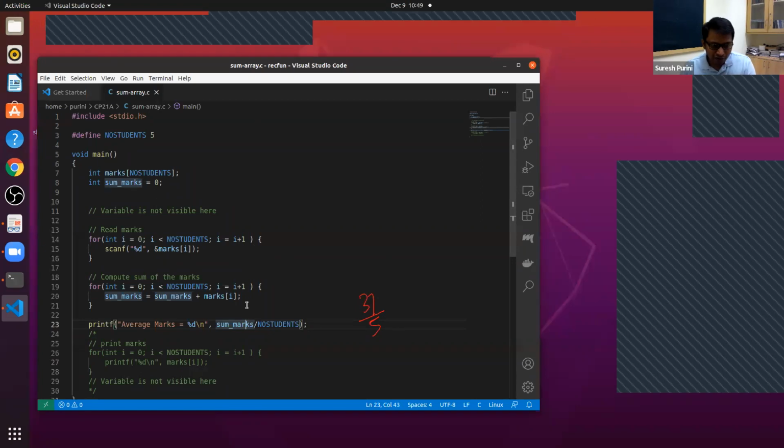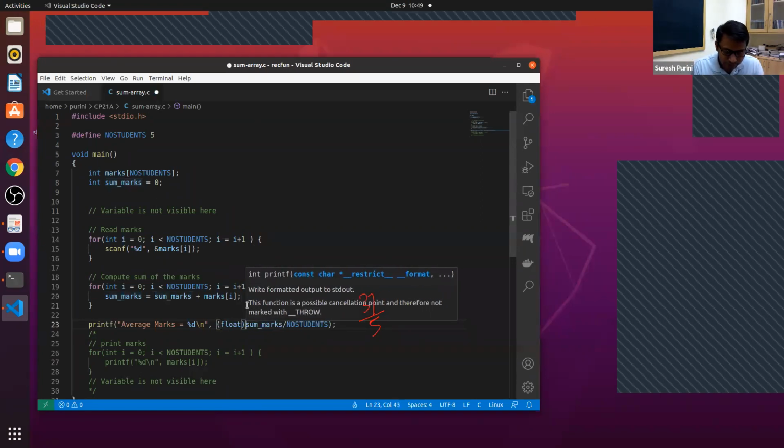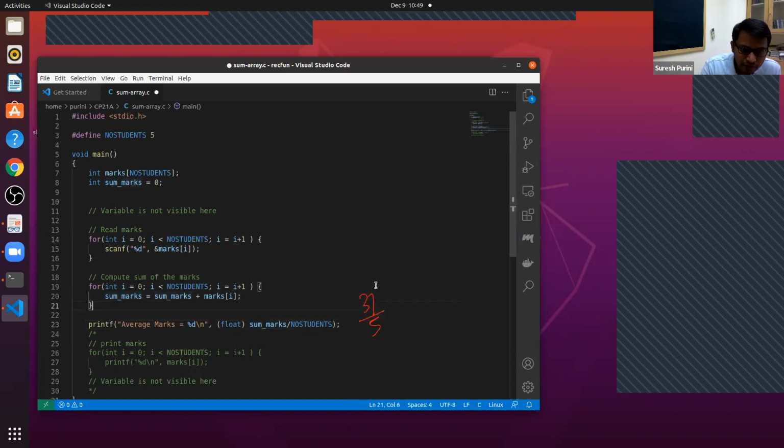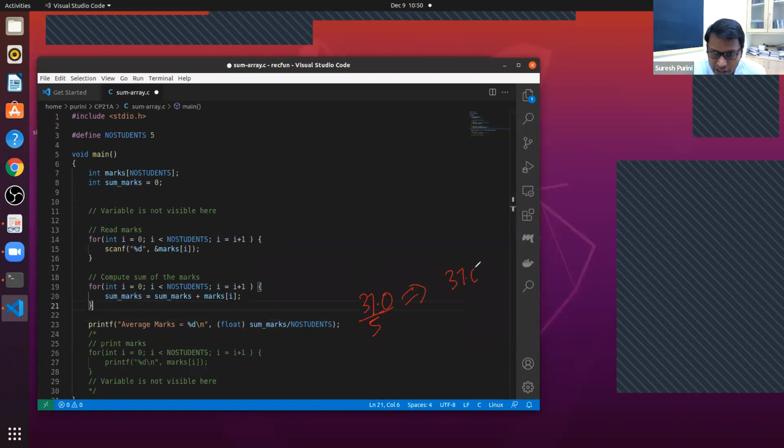So we want to convert this sum_marks to float. When you convert sum_marks to float, the expression becomes 37.0 divided by 5. And when it is 37.0 divided by 5, then 5 automatically gets promoted to 5.0.